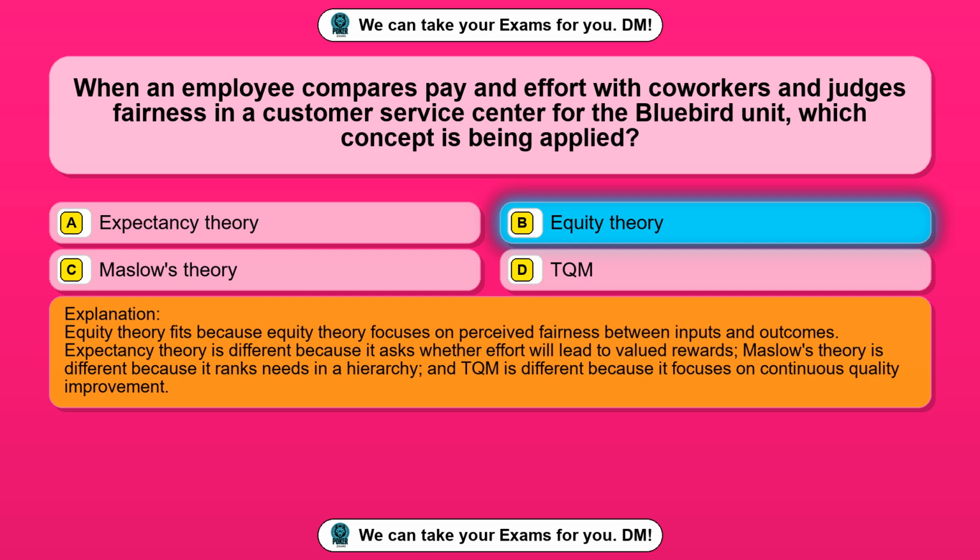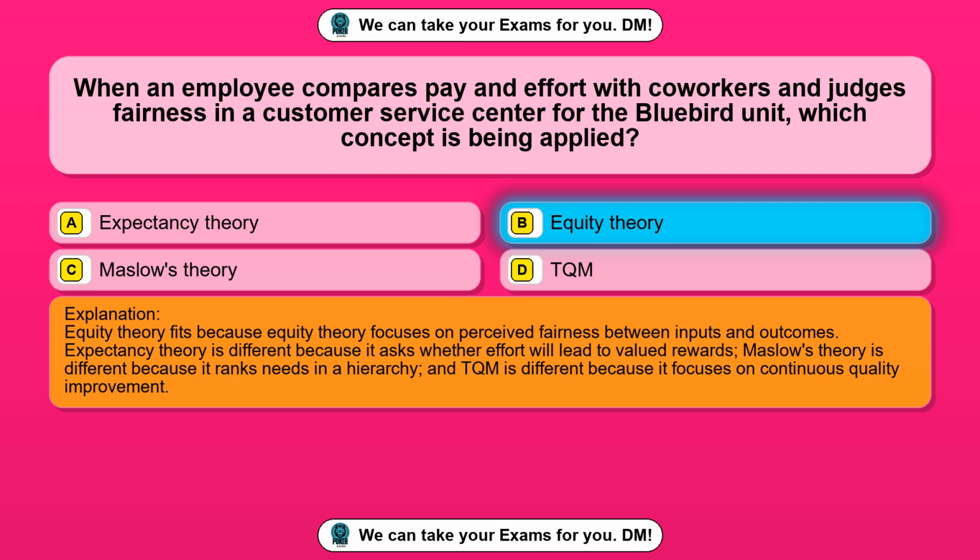Equity theory fits because equity theory focuses on perceived fairness between inputs and outcomes. Expectancy theory is different because it asks whether effort will lead to valued rewards. Maslow's theory is different because it ranks needs in a hierarchy, and TQM is different because it focuses on continuous